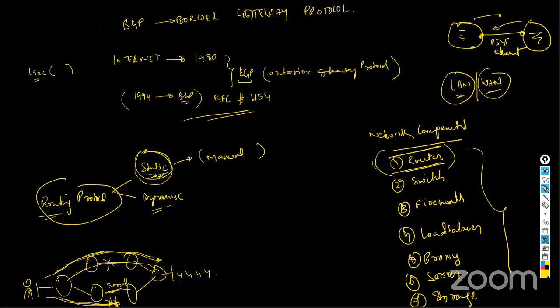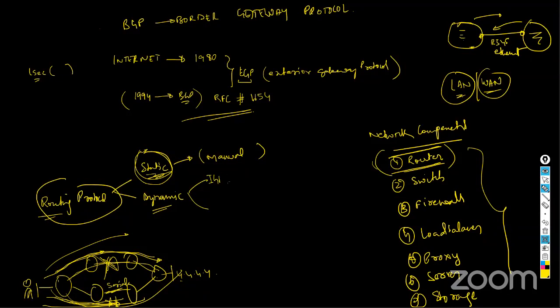The second option that I am left with is dynamic. Dynamic is something which has its own algorithm. You just enable the process and it is going to do the job. You just need to enable it, sit, relax, and it's going to find which is the better route, whether this or this, and take the decision. In case one link goes down, you don't have to come and do something. It makes the decision that this is down and sends traffic via the second path. That's dynamic. Now there are two different types of dynamic.